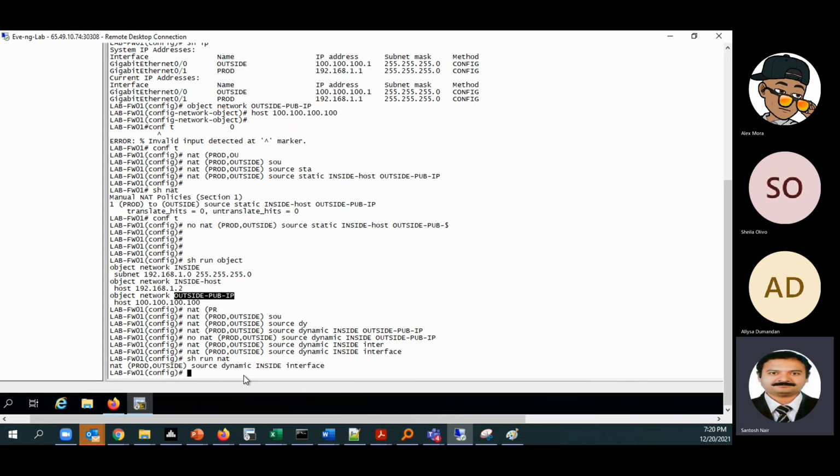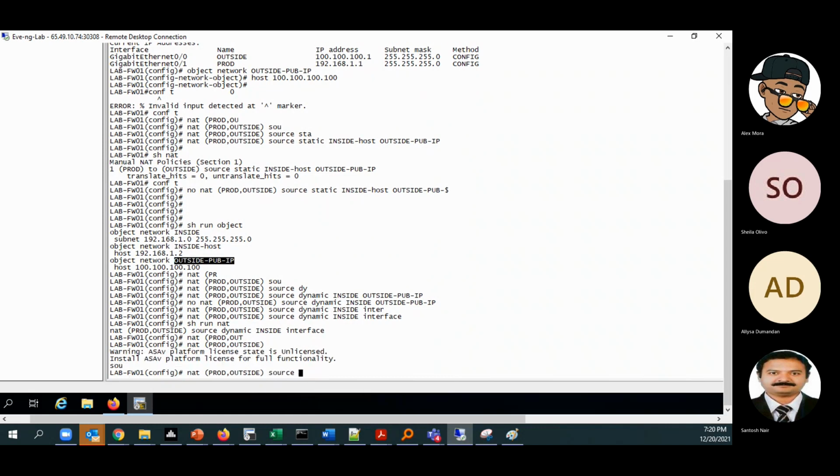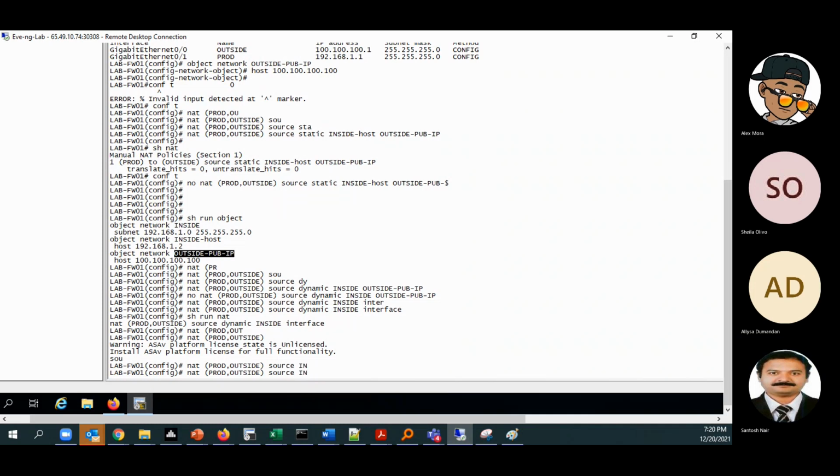Now I am configuring a one-to-one NAT, only for this particular inside host IP address.